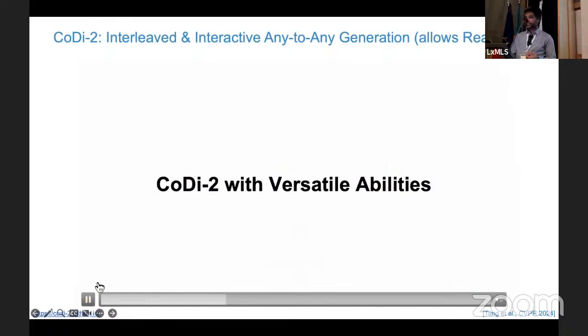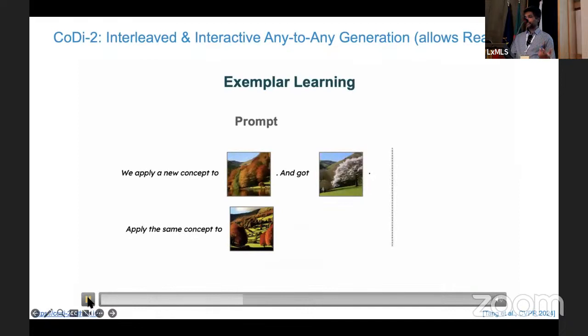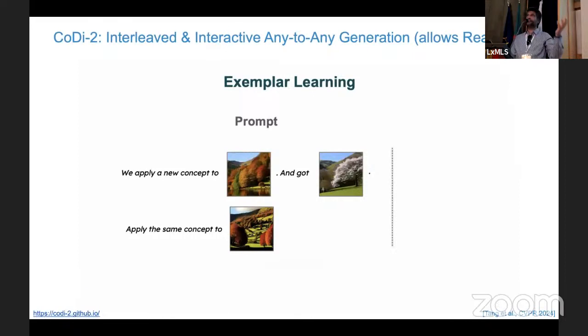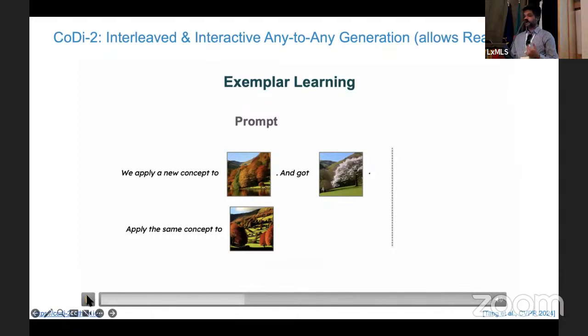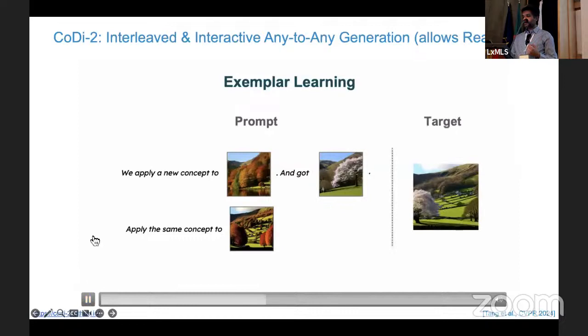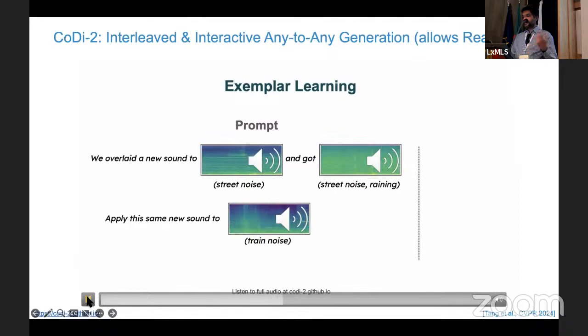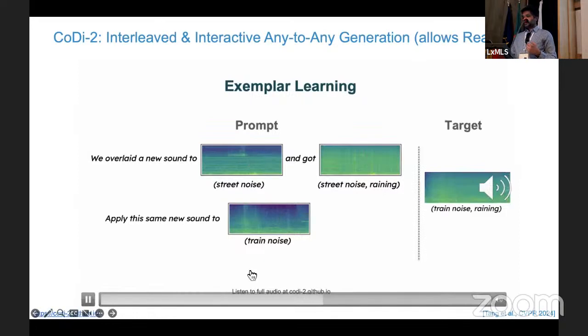There are several other capabilities. You could do things like exemplar learning, so A minus B plus C, right? King minus man plus woman is equal to queen, the kind of analogy reasoning that we had very early on in the NLP deep learning embedding community. You can also do the same exemplar learning or analogy learning for other modalities, like street plus rain minus street will figure out rain, and then add that to train. So train plus rain. It can also do things like compositionality.